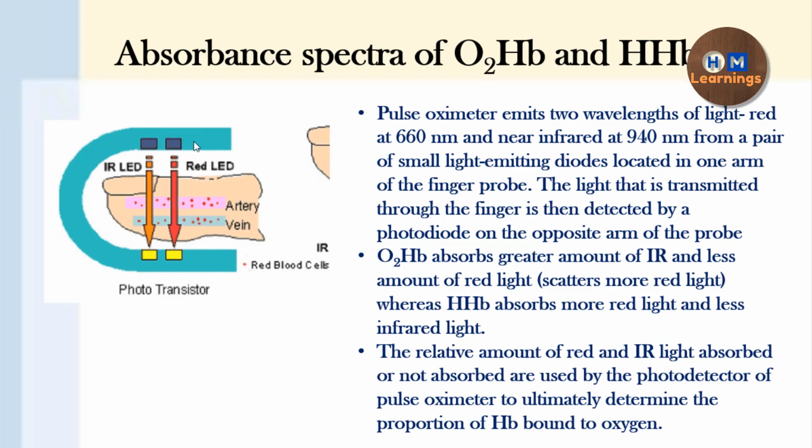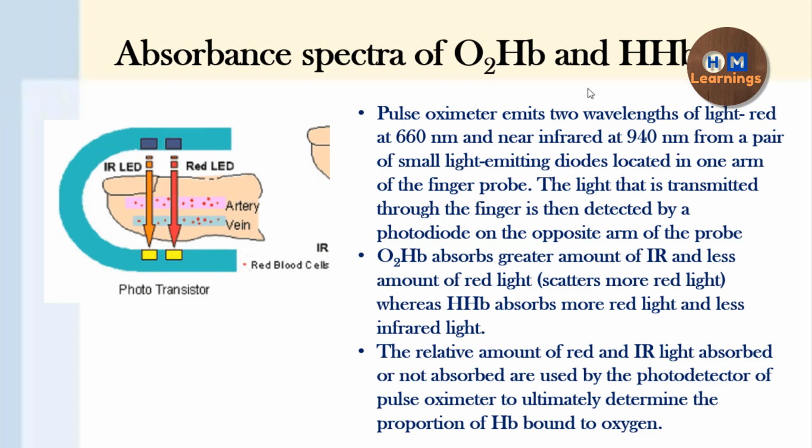Okay, so the first principle is that the pulse oximeter is able to differentiate between oxyhemoglobin and deoxyhemoglobin. So how does the pulse oximeter do so? For that you need to understand that in the blood we have two types of hemoglobin, oxyhemoglobin and deoxyhemoglobin. Oxyhemoglobin is O2Hb and deoxyhemoglobin is HHb. If you have ever seen arterial blood, it is bright red in color, whereas the deoxyhemoglobin is dark red in color, not that bright.